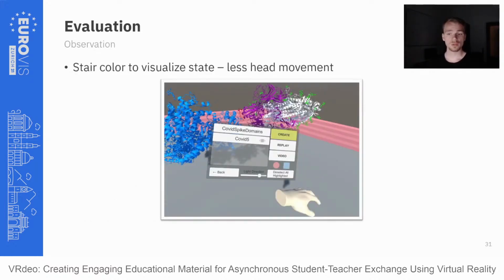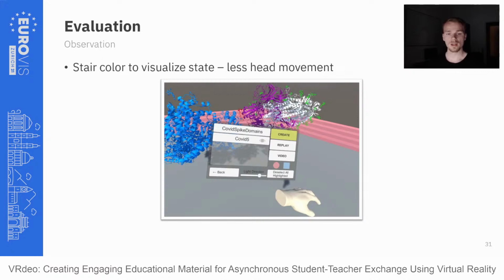You can refer to more details in the paper, but to point out one observation, we found it was good for us to use the stair color to visualize the current state of the application, if the user is recording or the recording is paused or playing. And we visualized it by using the stair color because in desktop applications you can use simply a small circle somewhere on the screen, and that signifies